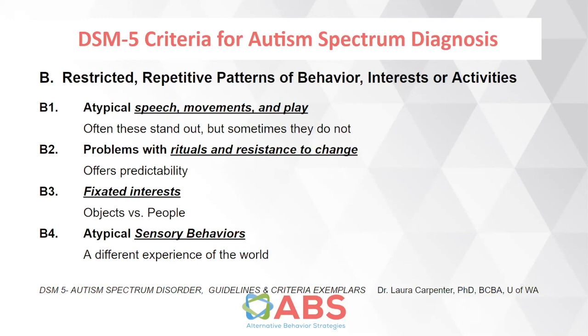Taking a little bit of a step back, the way that I like to think about this, or maybe even explain it to parents, is that another overarching deficit that people with autism spectrum disorders have is that tendency for the interest toward objects to potentially be stronger than their interest in people. And I'm always careful about the way I say this because I definitely